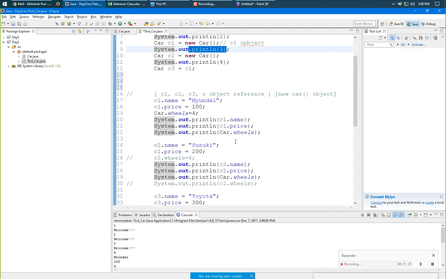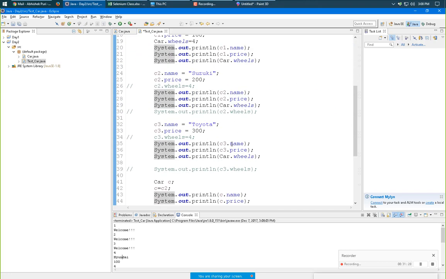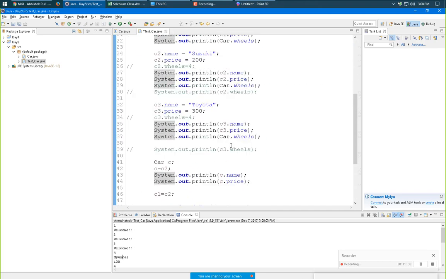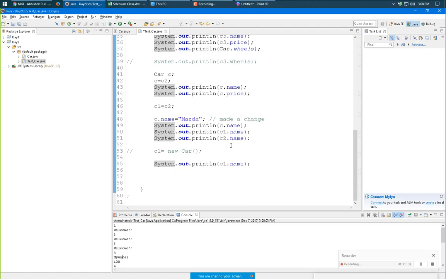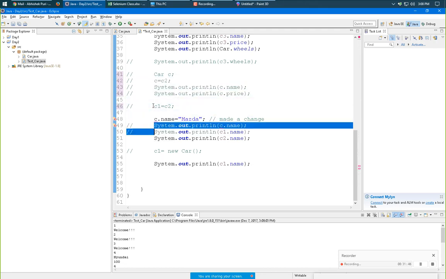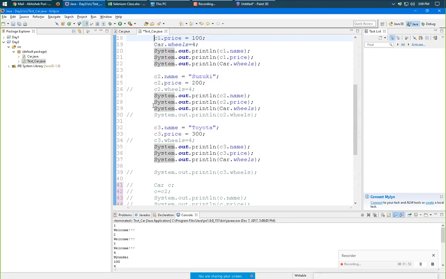Now what happened here is, I have not printed C3, so C1 is being printed here. I'll comment out this part also, and this one, and this one, all the C part. Now I allocated C3 something.